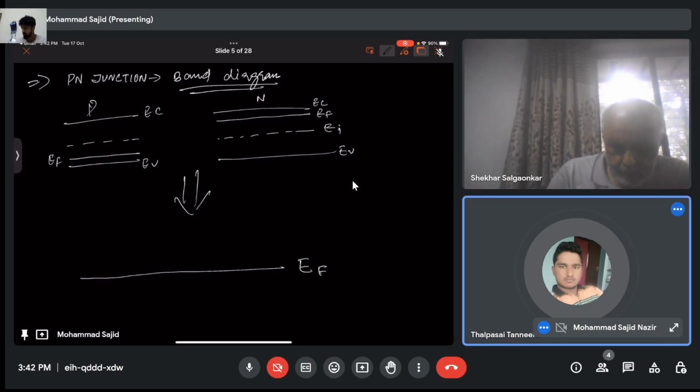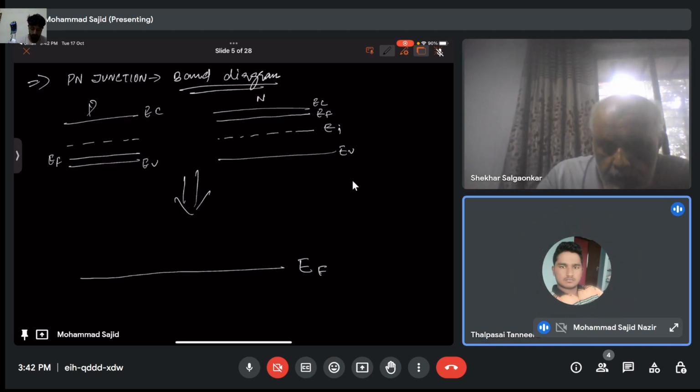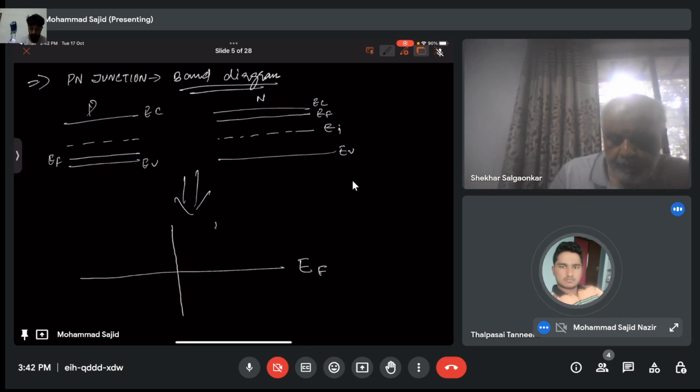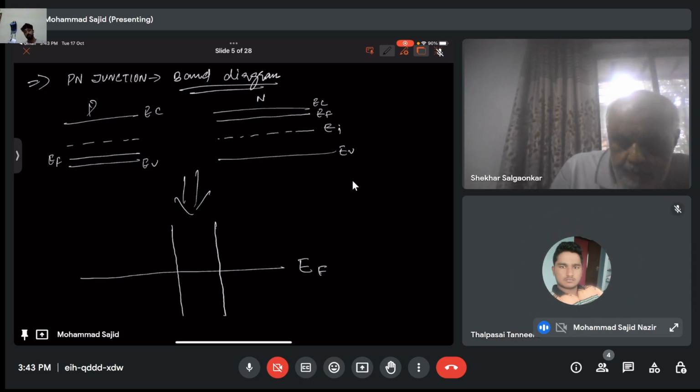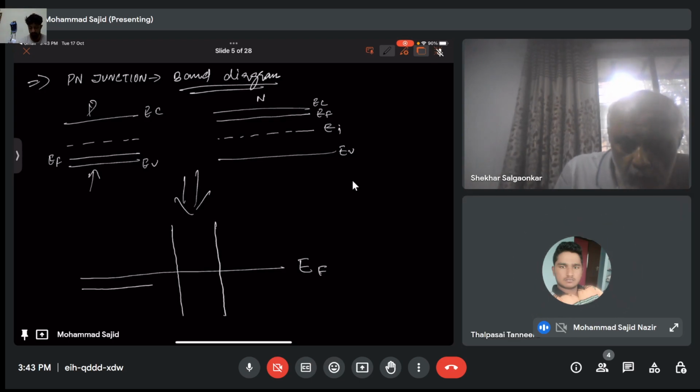Sir, the Fermi level should be near the valence band, away from the conduction band, because in the PN junction diode it is a forward bias. No, no, not forward bias. Let's say this is the depletion region part. Forget about it. How should a P type look? Like the above I have shown here. This is how a P type should look, right? Yes, sir, it will be near the valence band.